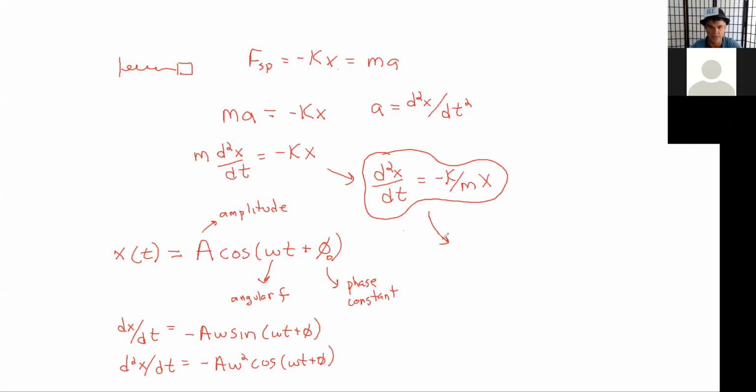Well, my second derivative is negative A omega squared cosine of omega t plus phi. And if I want that to equal negative k over m times my position, which is A cosine of omega t plus phi,